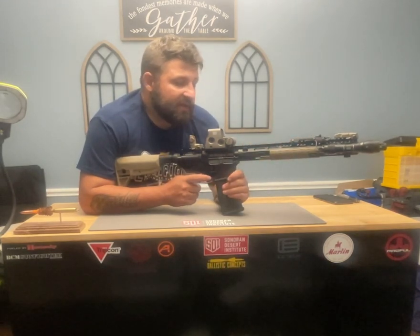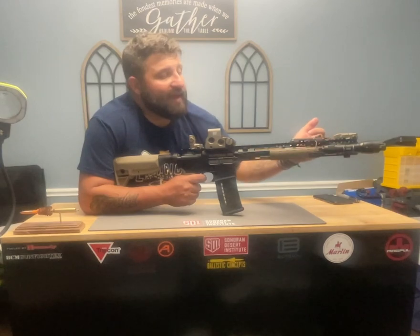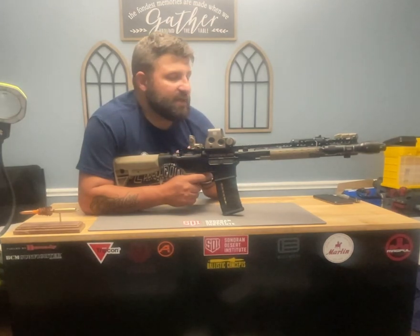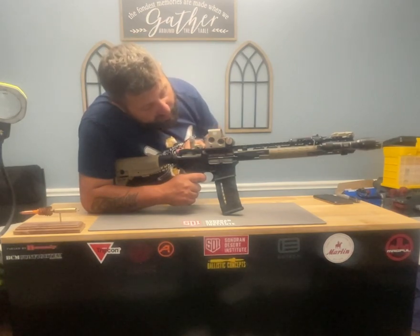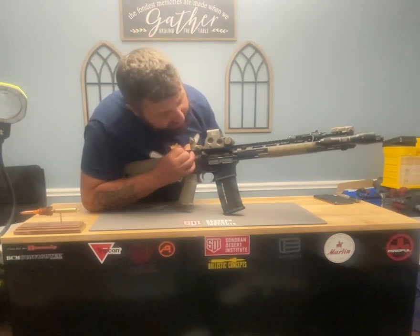The gases from that round would continue to push that bullet until it exits the barrel, but then the gases through the gas port in the barrel would feed back into the receiver, forcing this weapon to continue its cycle. So when the gas would push back, the first thing that would happen is the bolt would move back just a little bit. So as that bolt moves back, it begins to